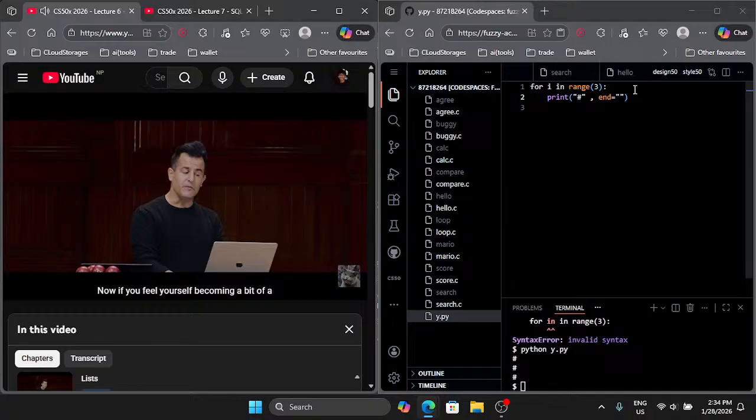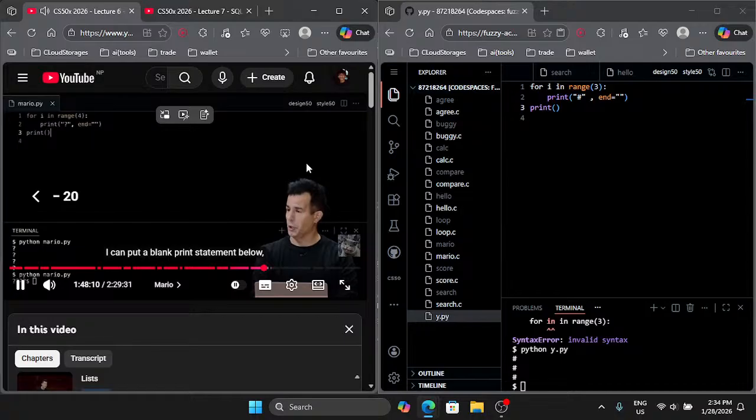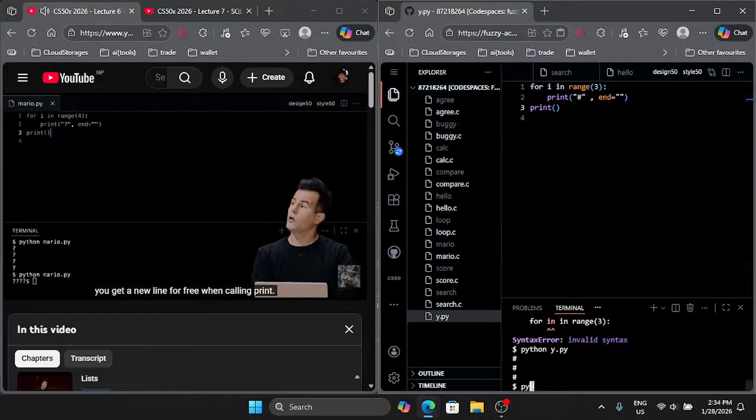Now, if you feel yourself becoming a bit of a geek, though, in learning about Python, and previously C, you can even solve this problem even more Pythonically by saying print, quote unquote, question mark, times 4, using multiplication